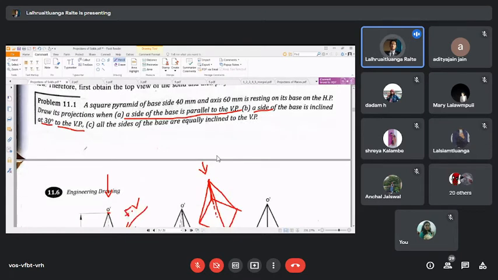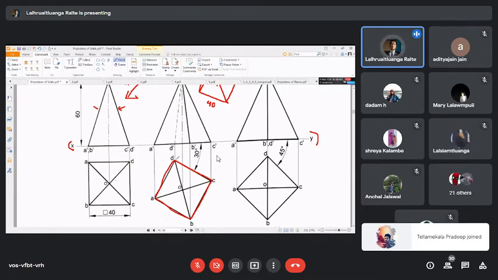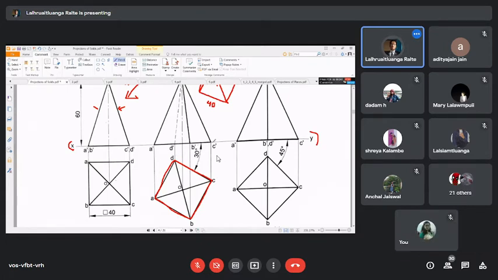So that means that out of the four sides, we have chosen the side CD to be inclined at 30 degrees to the vertical plane. So when it is inclined at 30 degrees to the vertical plane, it is now inclined at 30 degrees to our XY line. Okay, so now as we have this,